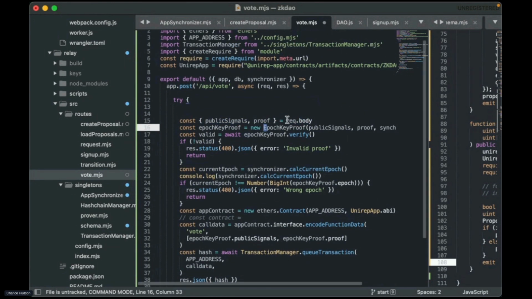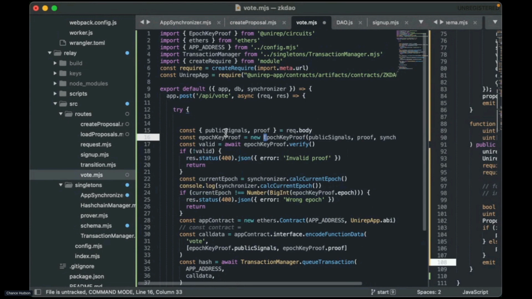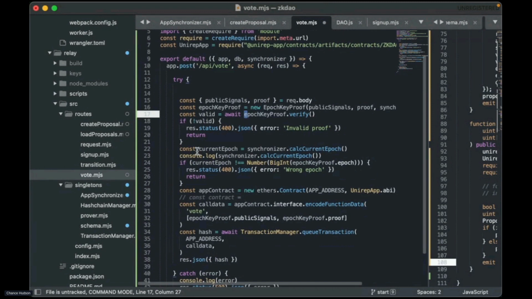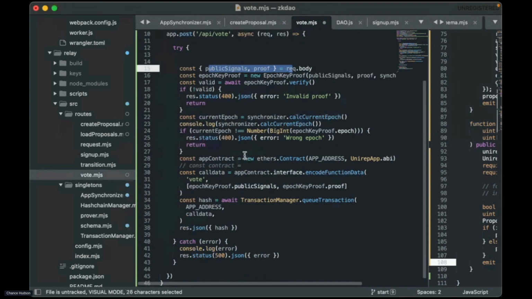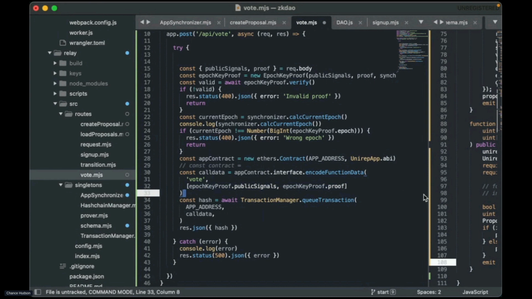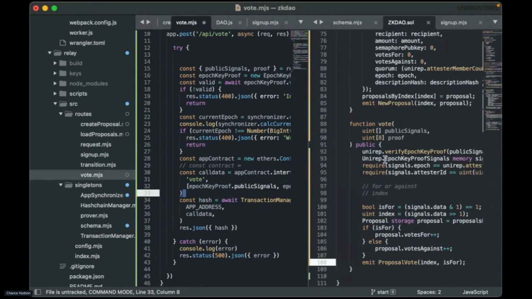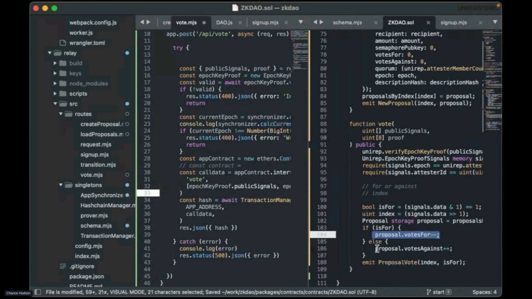We have utility classes that you can use to decode the proof and get values out of the public signals. Then we'll verify it, make sure the proof is valid, and check that the current epoch matches the value in the proof. If all of that checks out, we'll broadcast it, call the vote function, and pass the public signals and the proof. That will get passed to this function, which will then increment the vote value in the proposal.